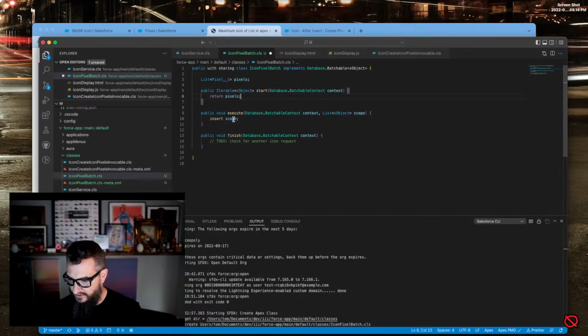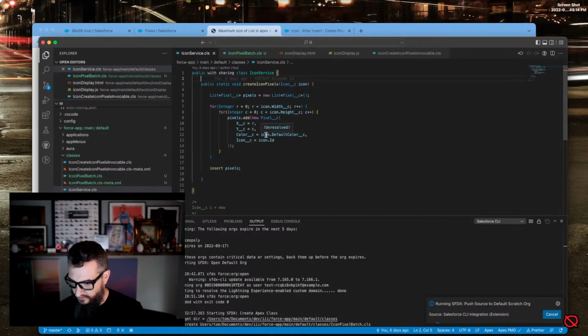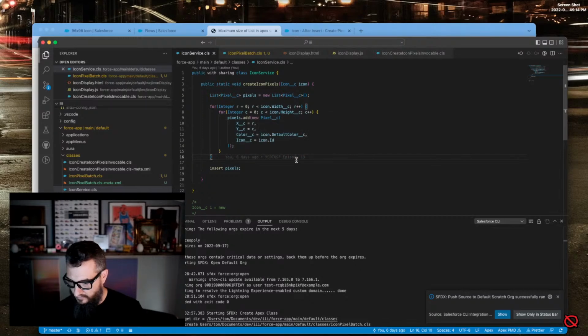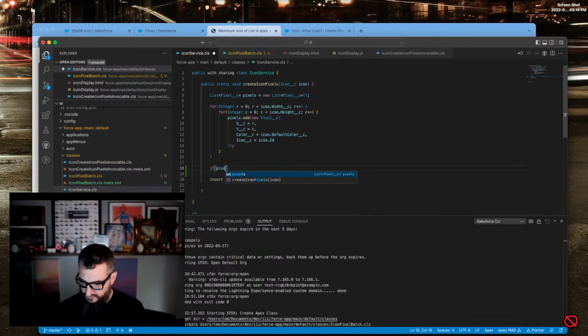So I'm going to pass in the pixels that I want it to process. And this is the world's most boringest batch job. From there, what I'm going to do is determine if our... this is where it gets interesting. We're not quite ready to build for uber scale here, but we can at least test this, right? And say if pixels dot size